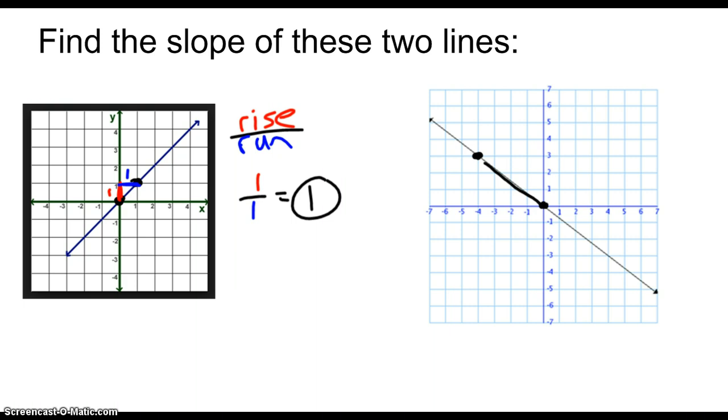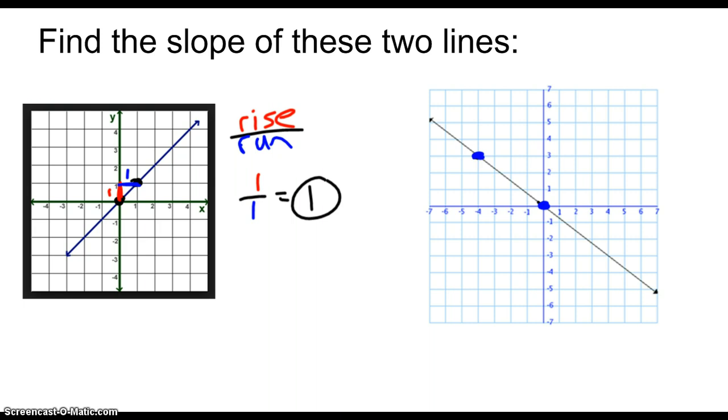The reason that's nice is because you're dealing with whole numbers or integers when you do it that way. So for instance, if I looked at this point, it's on there, but it's not easy to say what that point is exactly, versus I know this one is 0, 0, and I know this is -4, 3. Okay, and you can choose any 2 points that you want to, but remember, we're going to look at